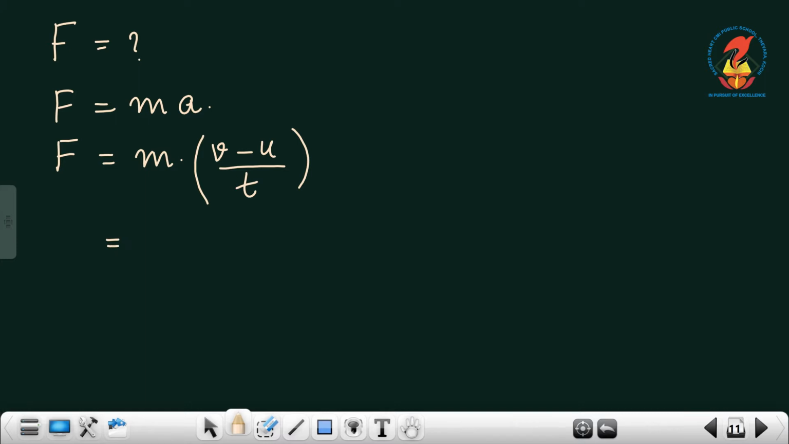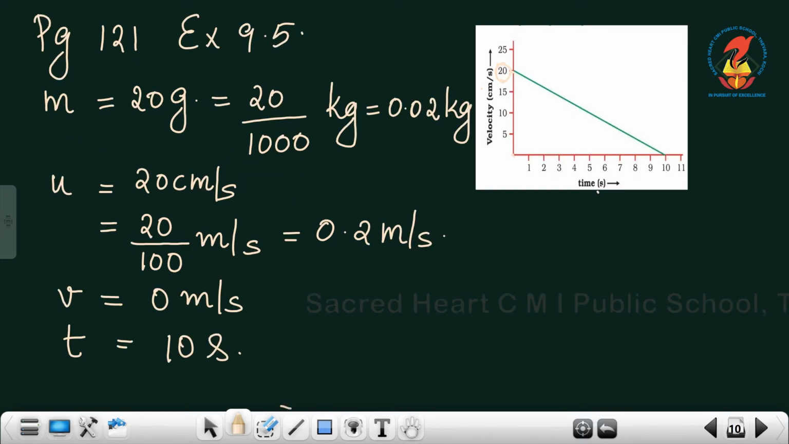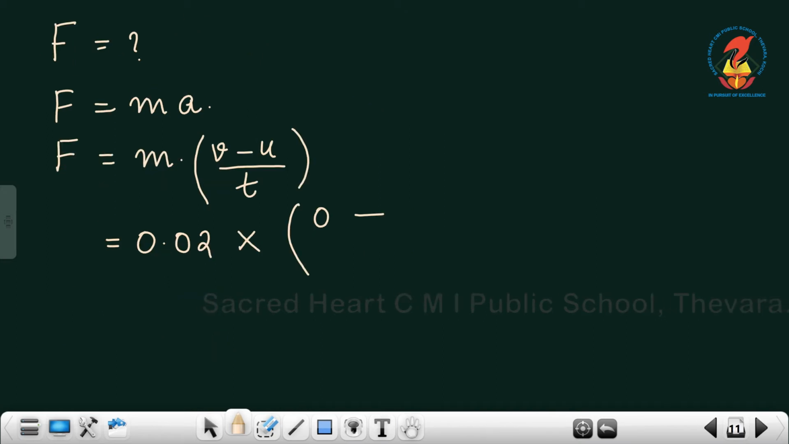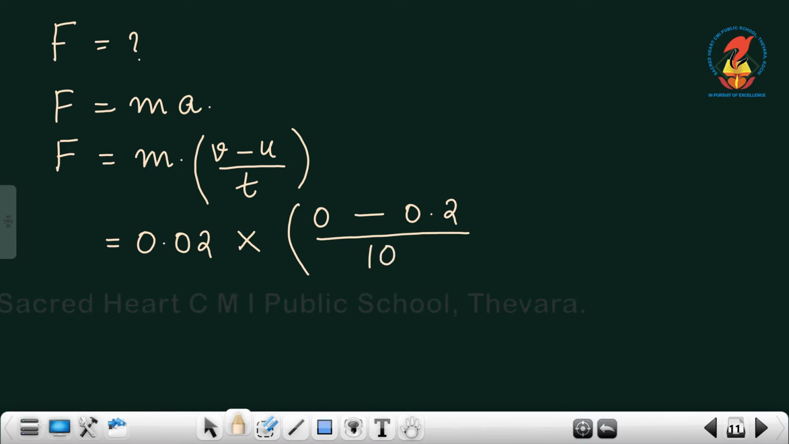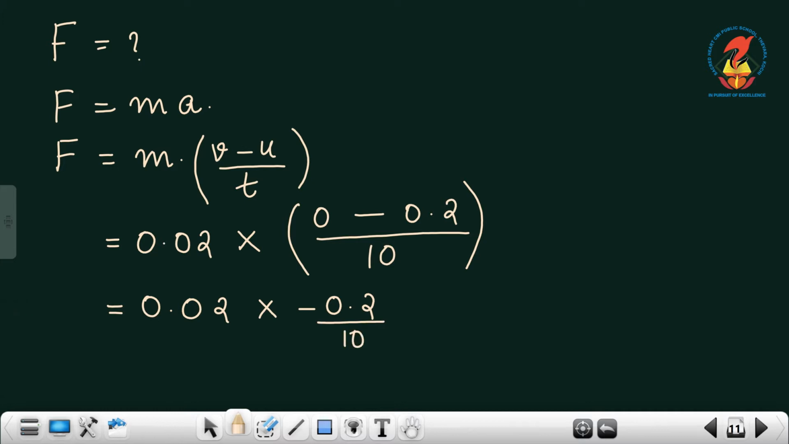Now let us substitute the values. Mass is 0.02 kilogram into v, the final velocity, which was 0, minus initial velocity u, which is 0.2 meter per second. For that, time taken is 10 seconds. So we just substituted all the values, that is 0.02 into (0 minus 0.2), it is minus 0.2, by 10,